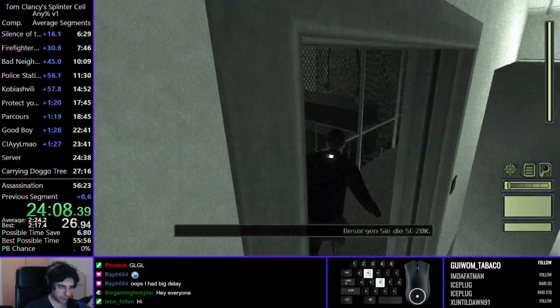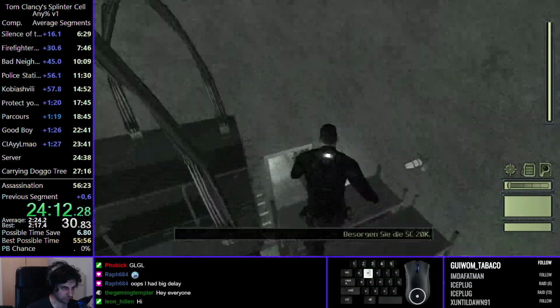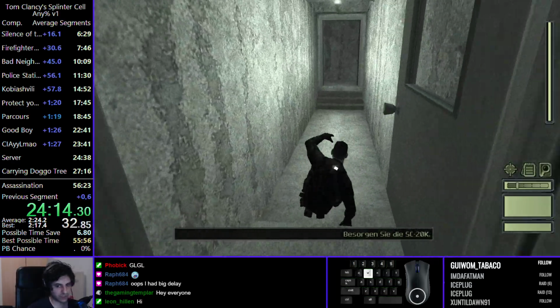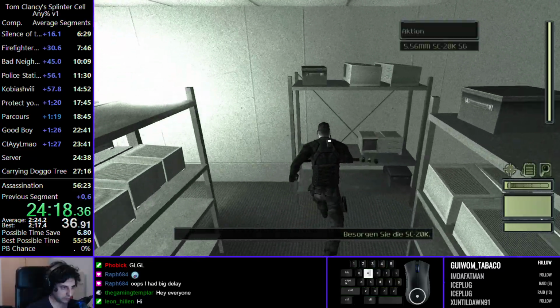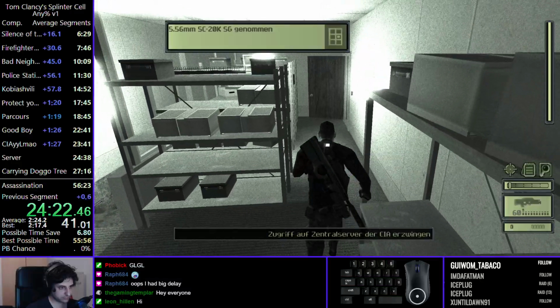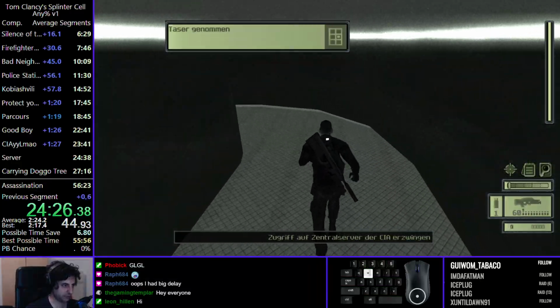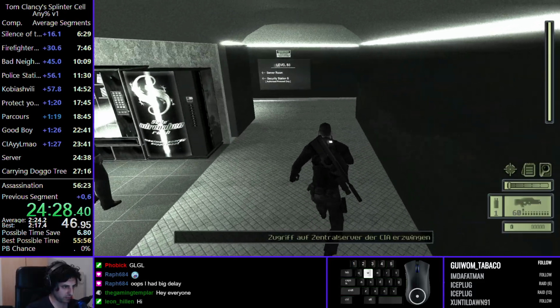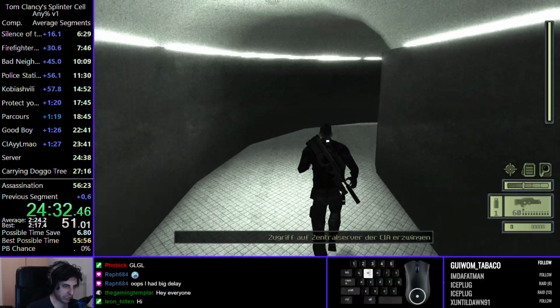There's a very tricky jump here, which allows me to skip this room. There we go. And I got an extra alarm. I have to pay attention to the alarms, as I said. Can hear it. So depending on how many alarms I have, I do slightly different strats. Because I have an extra alarm now, more than I want, I have to be careful in this section